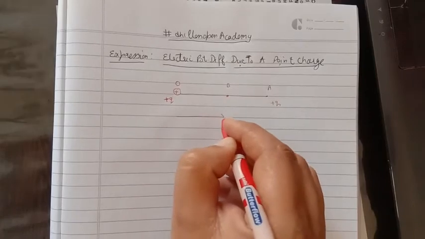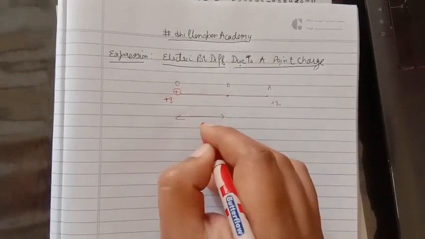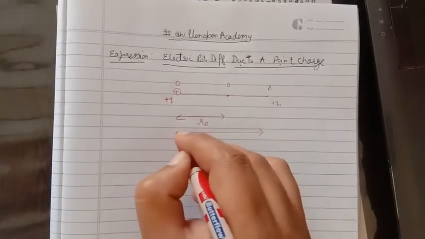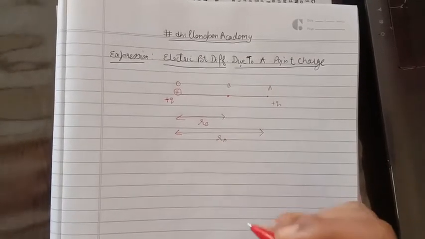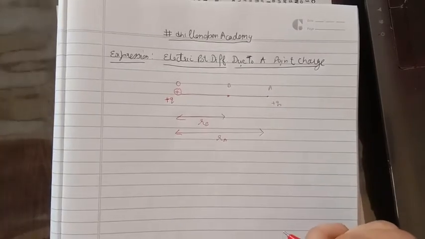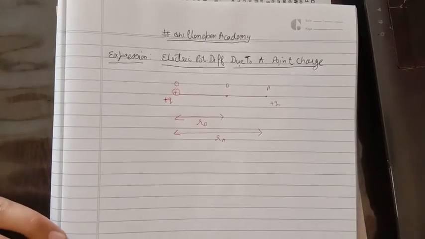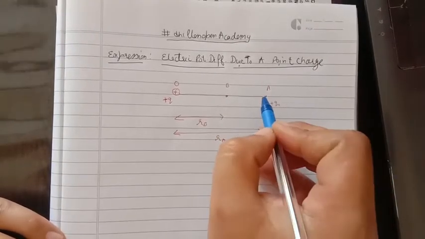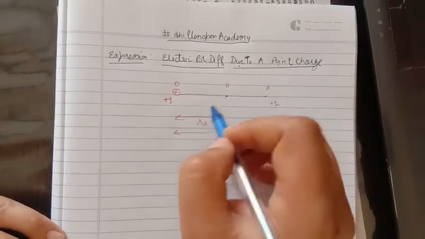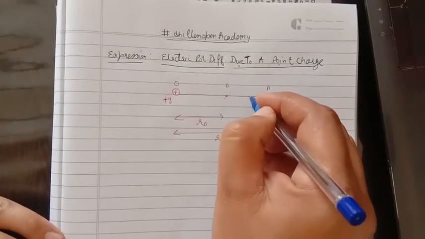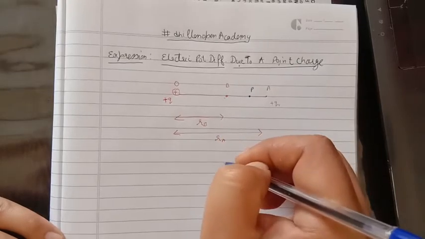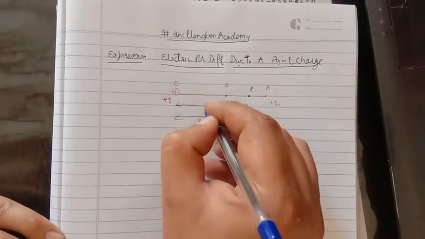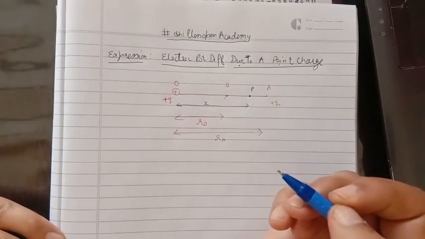Let the distance between point B and point O be RB, and the distance between A and point O be RA. Now suppose when the charge Q naught is moving from A to B, during its movement at any time it reaches this particular point P. Let this point P be at a distance x from the location of the source charge.